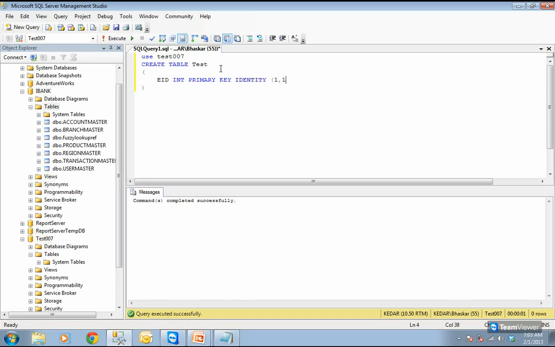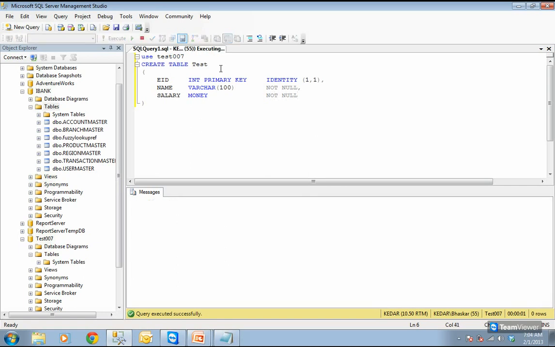When you create an identity column, what happens is numbers are generated automatically. We have name as varchar, not null. We have salary, which is money. Identity column is not null, and here we are also putting not null.